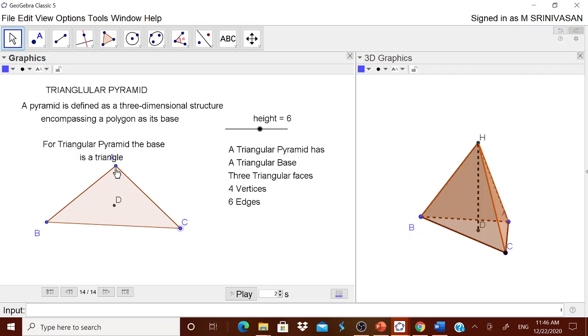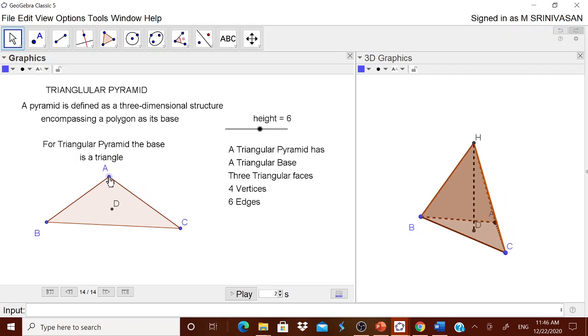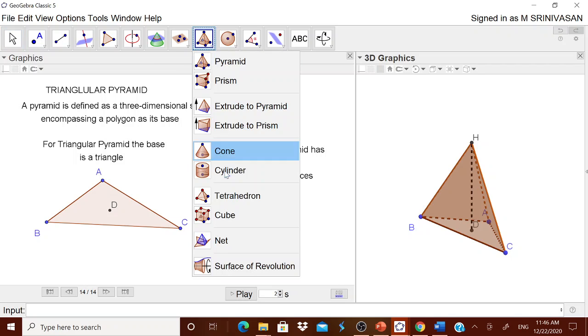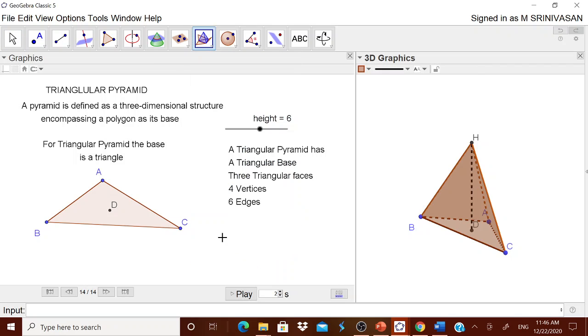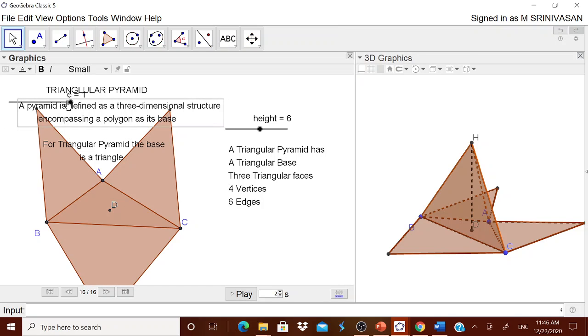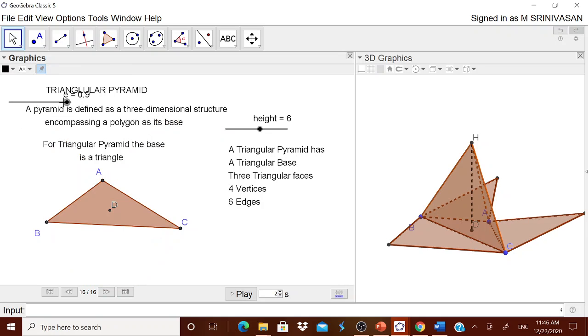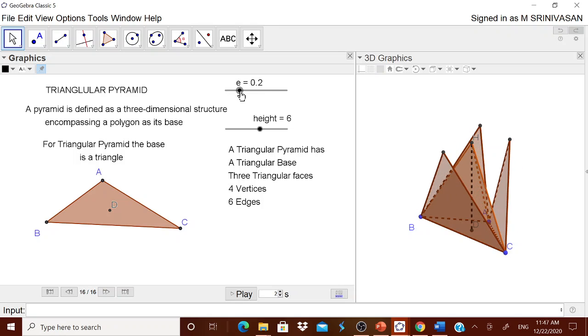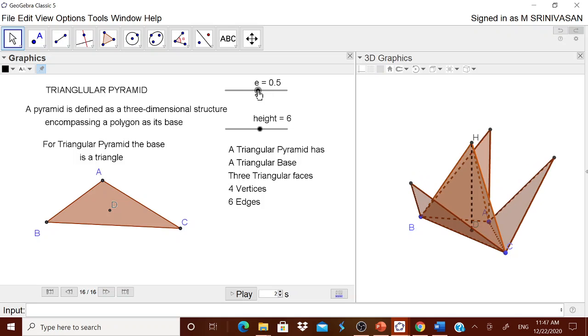Now there is one more option over here, that is, suppose if you are clicking it, there is one thing called grid. You see, you are having the net. Go to that net, simply touch it. You see, you got the net now. I will put it over here so that it is easy for you. Now you just make it as E is equal to 0, then E is equal to 0.1. You see, it is totally opening, and it tells you